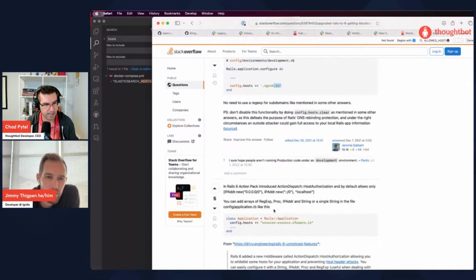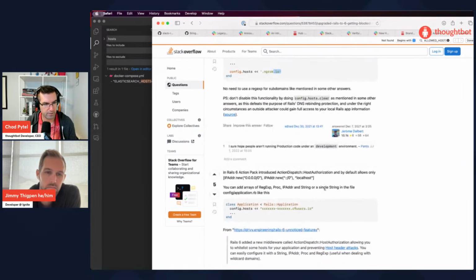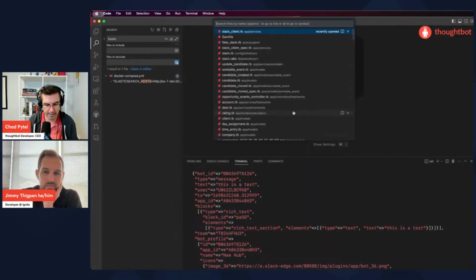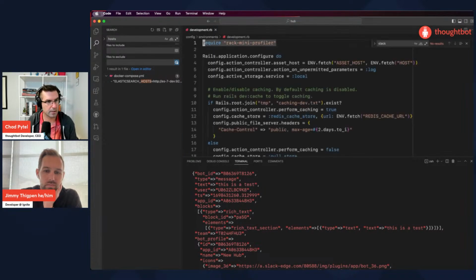In Rails 6, action pack introduced action pack dispatch host authorization, and by default only allows that. So let's give that a try in development.rb.